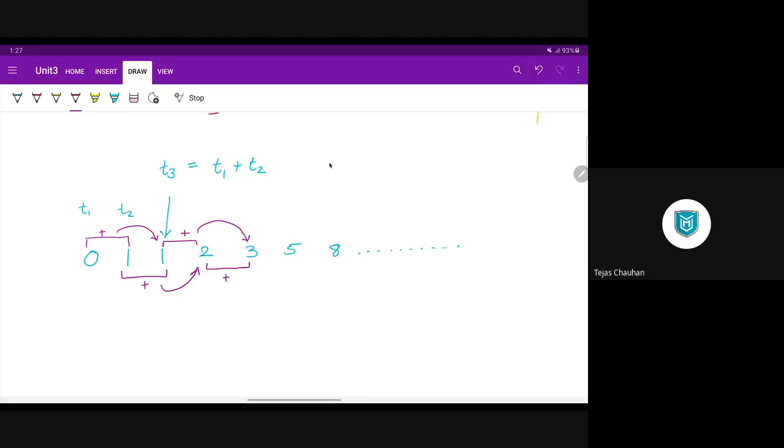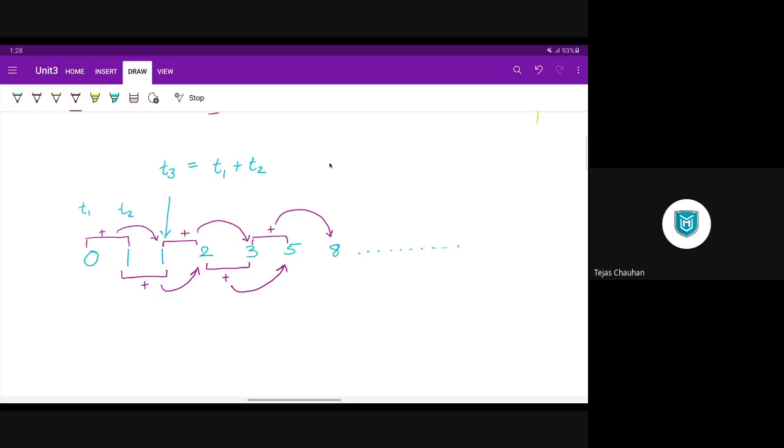Similarly, addition 5, 3 plus 5, addition 6, and so on. This is how your Fibonacci series can be calculated, and that's what we want to do. We need to add previous terms repeatedly. आगे की दो टर्म को ऐड करते जाओ तो हर बार आपको नई टर्म मिलती जाएगी. Once you calculate it, you print it. As simple as that.